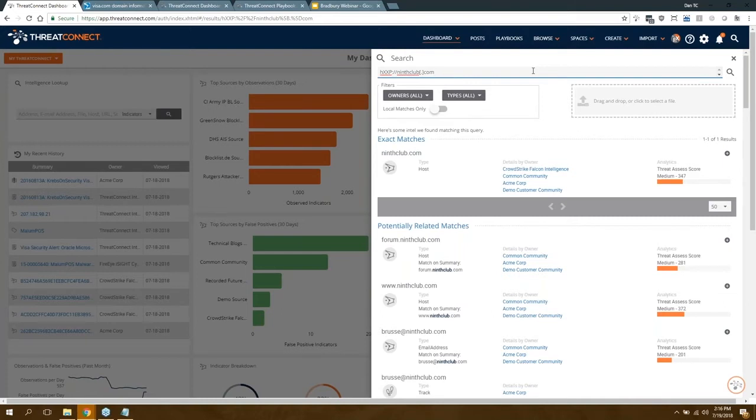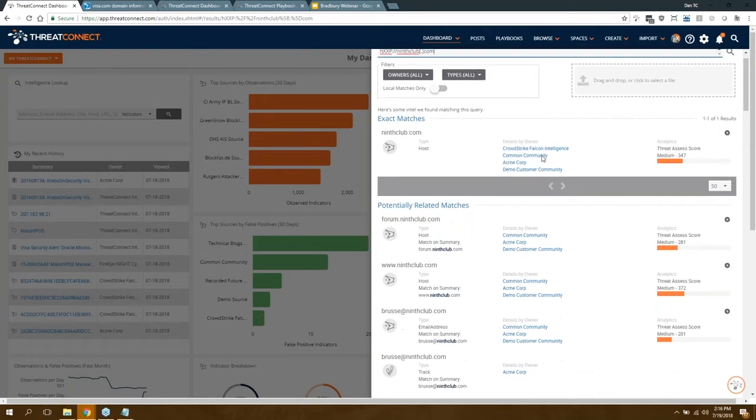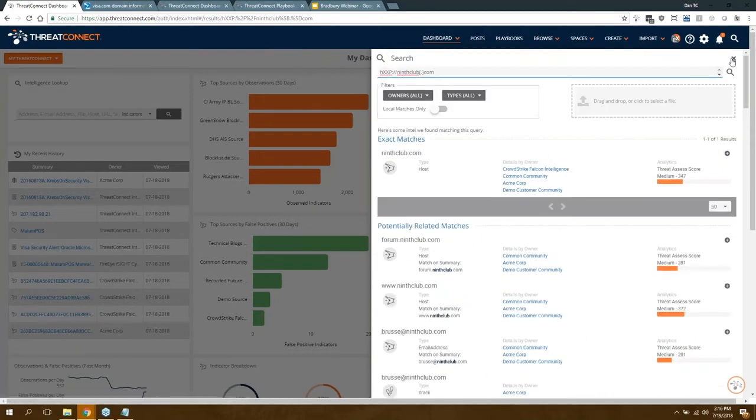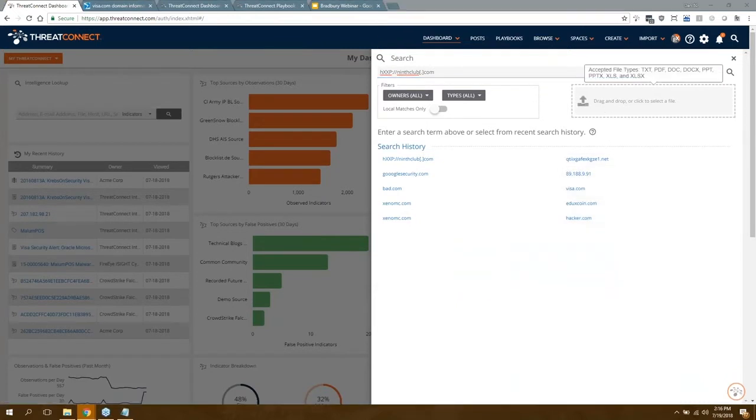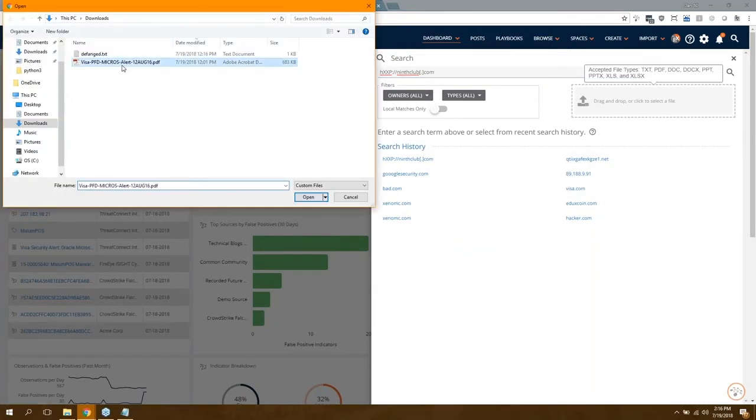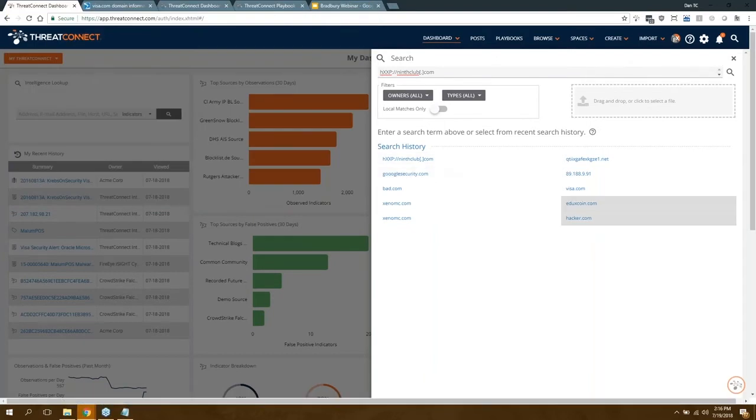A lot going on here, a lot of additional pathways to learn more about what is available in ThreatConnect. The search history makes it a lot easier to come back to look for common things. And speaking of which, I'm going to use this as kind of a leaping off point